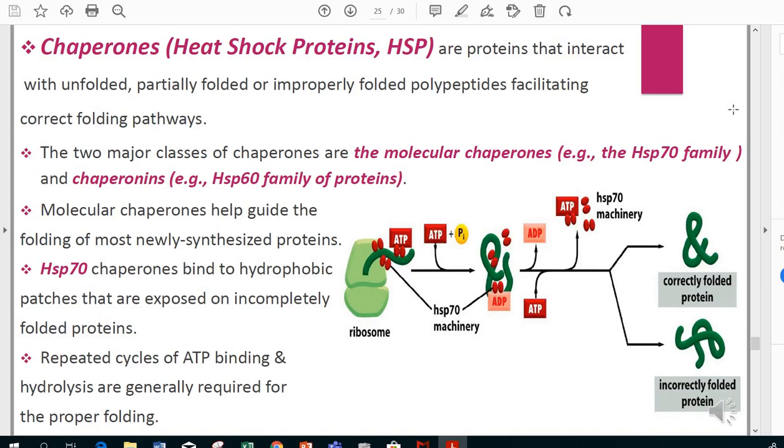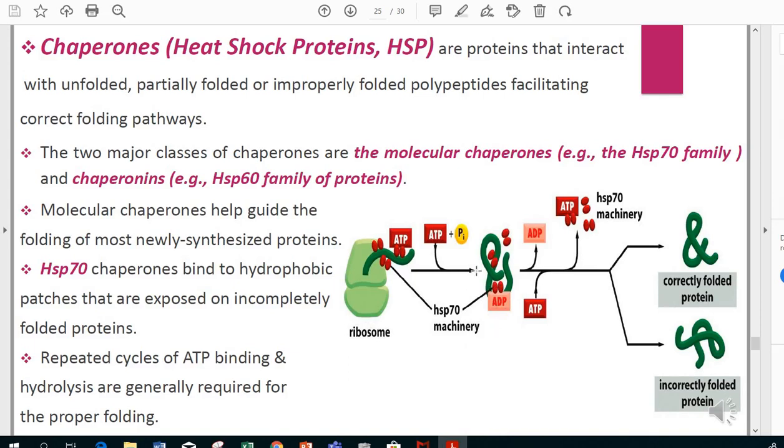Molecular chaperones, which are the HSP70 family, help to guide the folding of the newly synthesized protein. They bind to the hydrophobic patches that are exposed or incompletely folded, using repeated cycles of ATP binding and hydrolysis, which is required for proper folding. This process needs energy, which comes from converting ATP into ADP and giving energy to the HSP protein